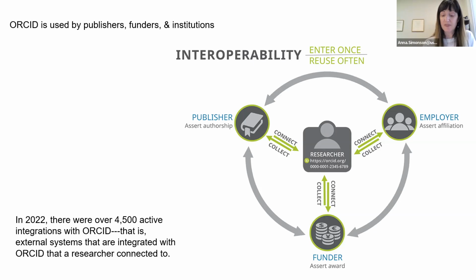So to sum up these benefits, right? ORCID is used by all of these things. I think it's over 70 publishers now that are requiring ORCID IDs with manuscript submissions. Grant funders are increasingly requiring it with grant proposals. So currently at USD, you can connect to ORCID in two different ways. And this again might grow if we become a member, but first is the DMP tool, but second is